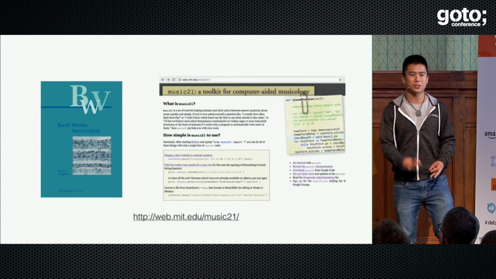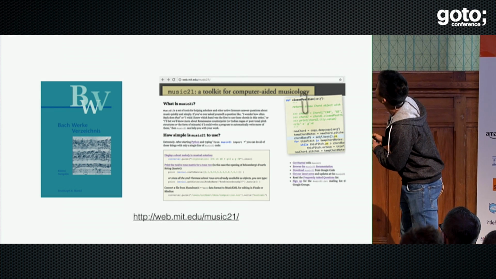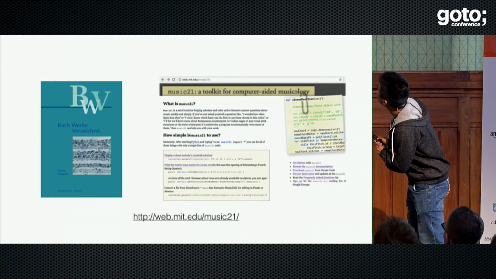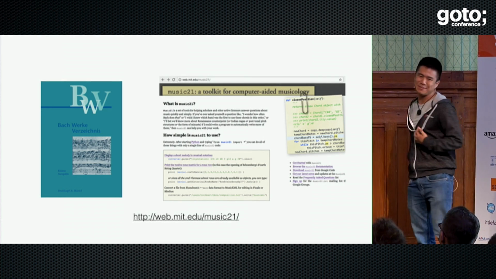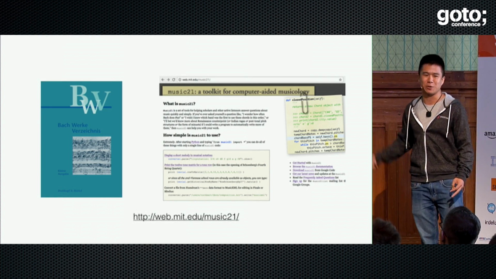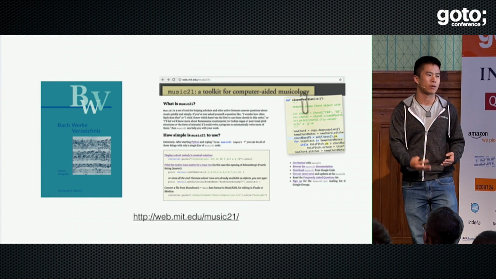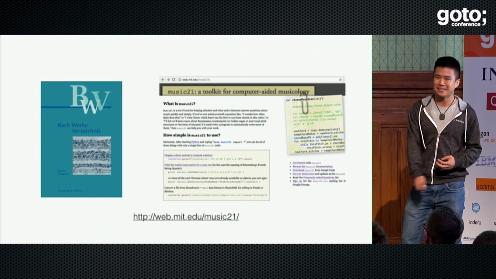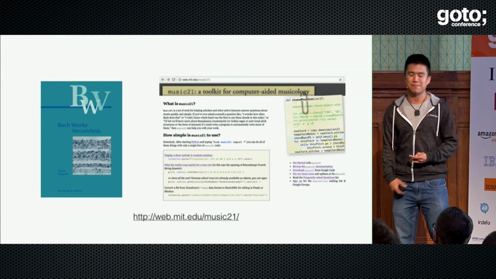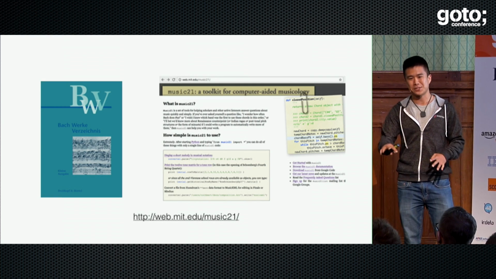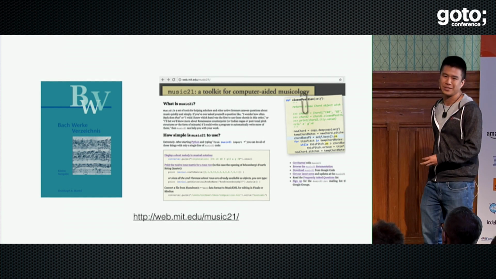Bach's works, however, fortunately, over the years, have been transcribed into, excuse my German, Bach Werke Verzeichnis, BWV is how I've been referring to this corpus. It contains about all 438 harmonizations of Bach's chorales. And conveniently, it is available through this software package called Music21. This is a Python package that you can just pip install and then import it, and now you have an iterator over a collection of music.